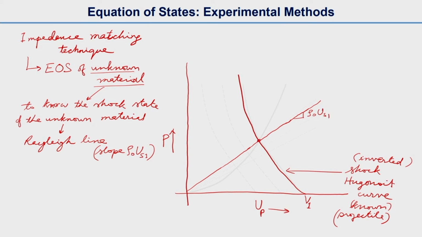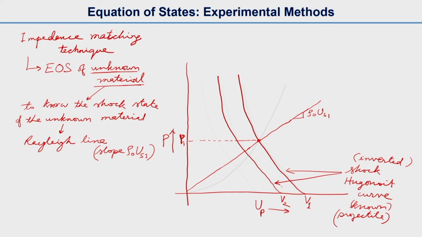and this will give us the shock state of the unknown material at this pressure. Let us say this is the P1 pressure. We can get the shock state of that unknown material, but we want to know the entire shock Hugoniot curve for the unknown material, not only at a single point. So, that is why we will try this experiment at a different impact velocity. Let us try it at a velocity V2, impact velocity V2, and we will get another shock Hugoniot curve